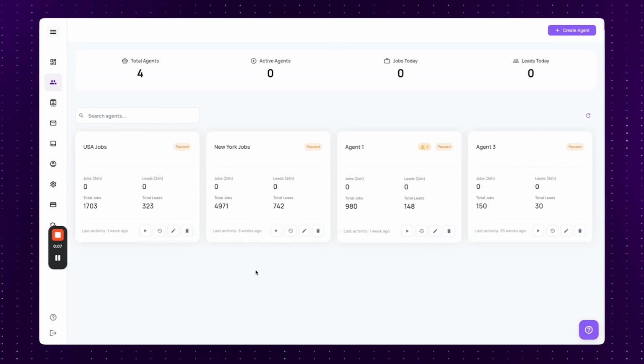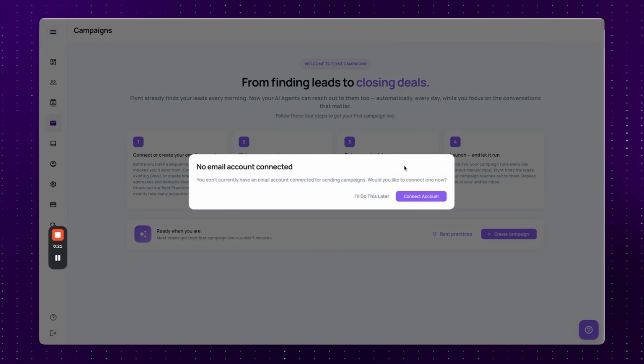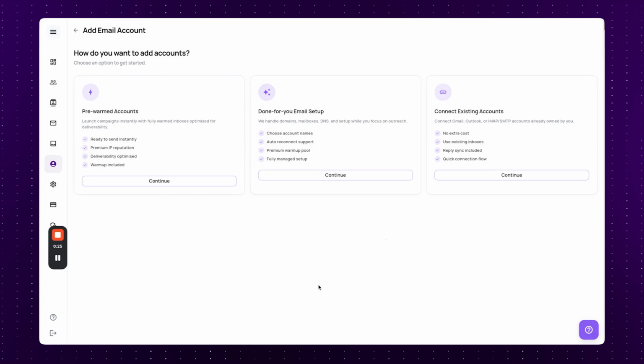In this video, we're going to go over how to connect your accounts and emails to Flynt. It's as simple as this. You go to the left, you click campaigns. Before you create your campaigns, all you do is click create campaigns and you click connect account. And as you can see here, Flynt offers 3 different options. So if you already have pre-existing accounts that are ready to go, just go ahead and click connect existing accounts